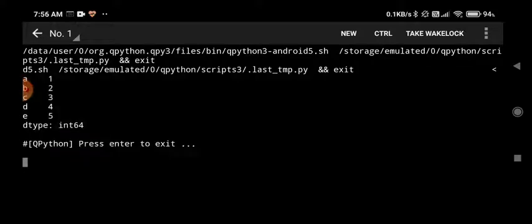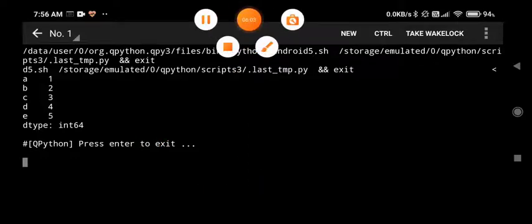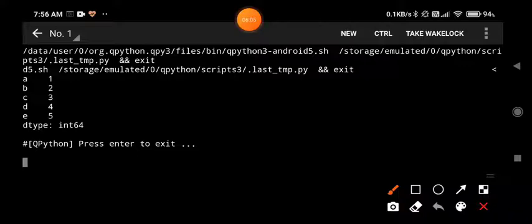We can see a, b, c, d and e are the indexes, and 1, 2, 3, 4, 5 are the data values.